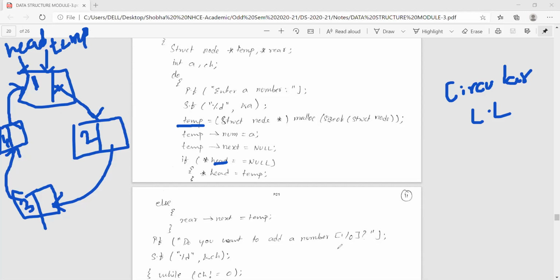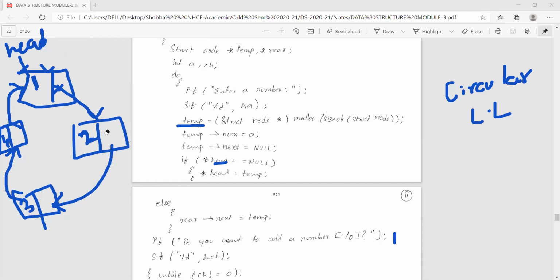Do you want to add one more item? If you want to add one more item, you have to press one more number, one more person. You have to press 1, and again you will continue this do while loop. For second person, I will add again, memory will be allocated. This will become temp now. Second time, this is no more temp, because we are assigning here temp for node 2, value is node 2, and temp's next again null.